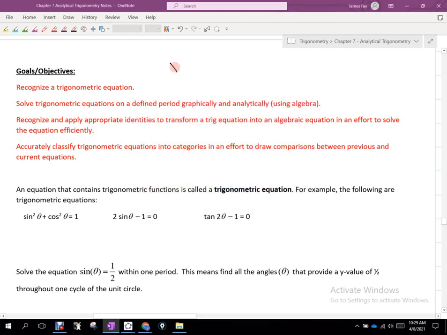So, for instance, if I say x plus 1 equals 2 tangent of 45, that is not a trigonometric equation, okay? Because what's tangent of 45? It's 1. So I really got x plus 1 equals 2 times 1, or 2,